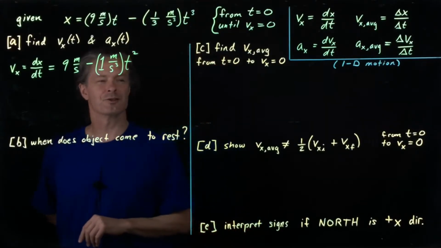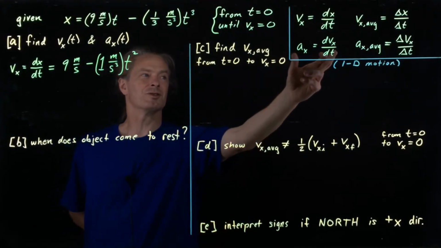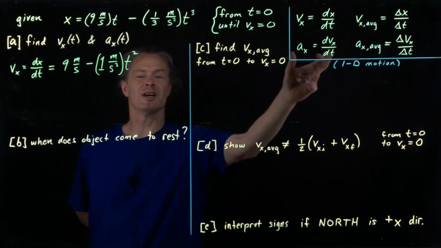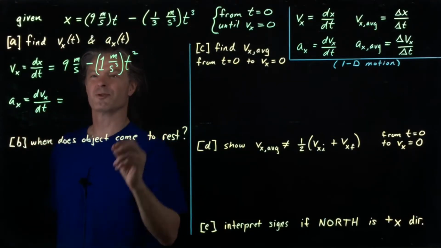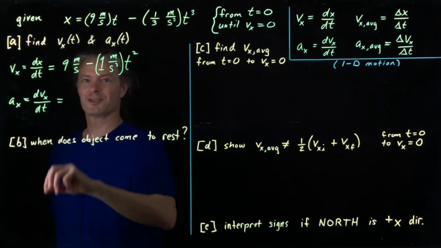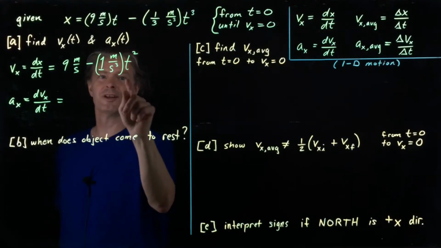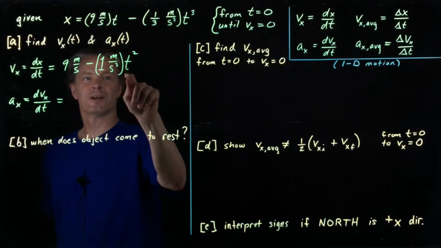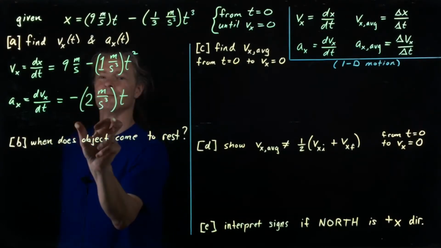All right, let's look at the acceleration as a function of time. The acceleration is just the derivative of the velocity with respect to time, so we can put that right here. So now we need to take the derivative of this expression with respect to time. The derivative with respect to time of 9 meters per second is 0 because this is a constant. Now with this term, our little constant slides out front. The derivative of t squared with respect to t gives me 2t, and so we're left with